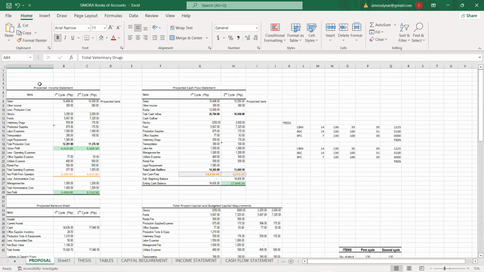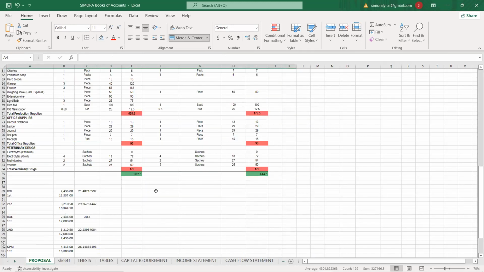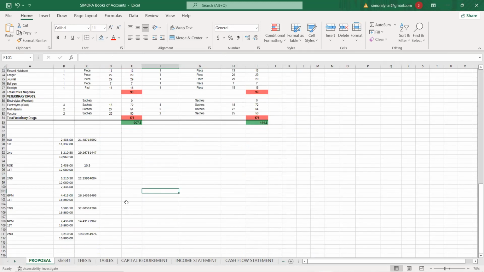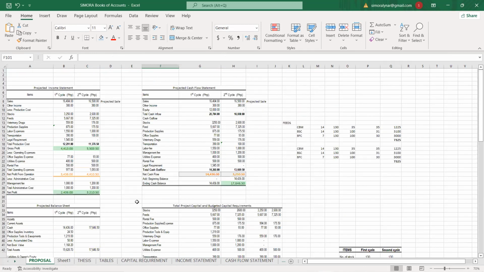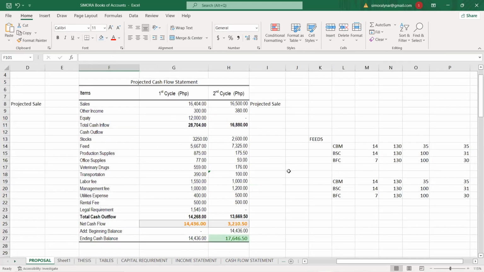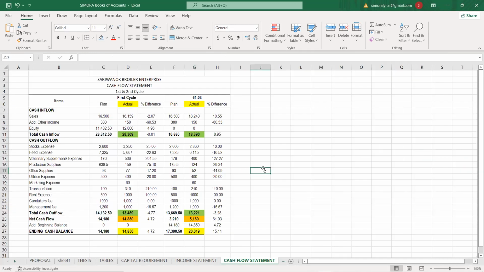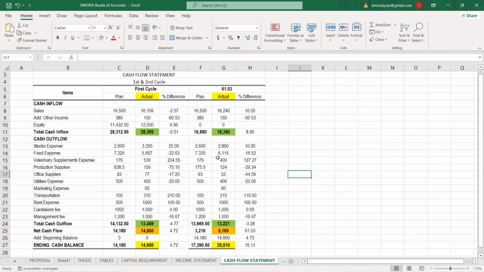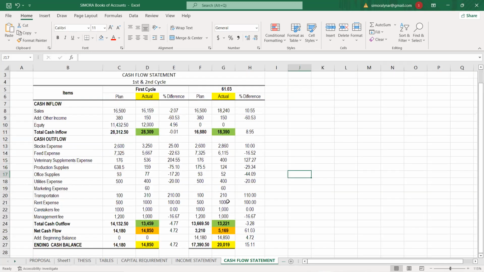My proposal, income, cash flow. So since proposal, nag-Excel na din ko. So since my third year. So I hope makuan pod mo influence to try to do Excel too. Again, I won't be sharing this one. I'm sorry, everyone. I just want to avoid plagiarism because medyo pro na siya karon, especially sa inyo. Tungkol sa inyong ka-stress siguro, yun na lang mga hala, kopyahon na lang kuning thesis sa akong friend. Kaya iya mag-share tanan. Ako lang i-edit gamay. Which is obviously halata day kay sa amo ang part.